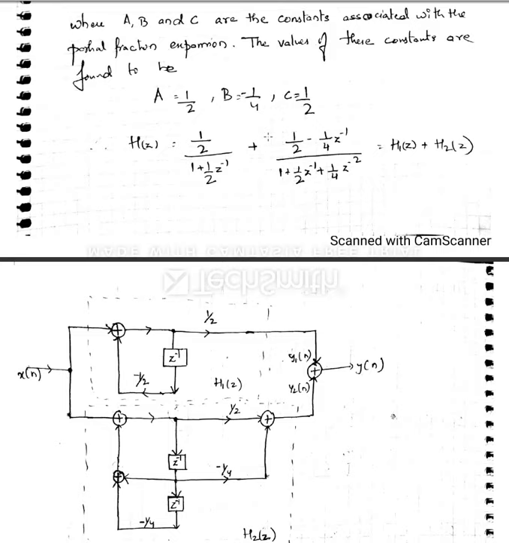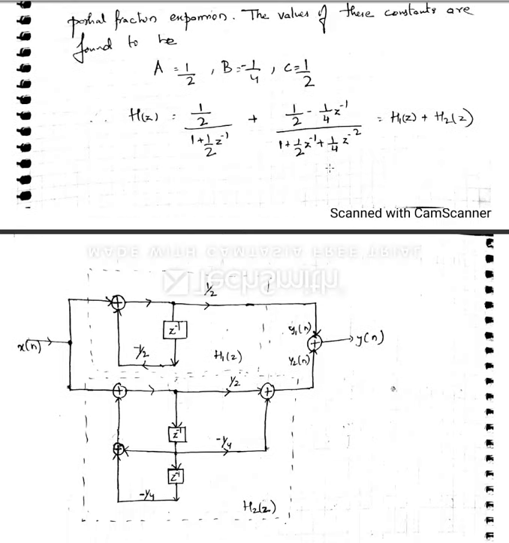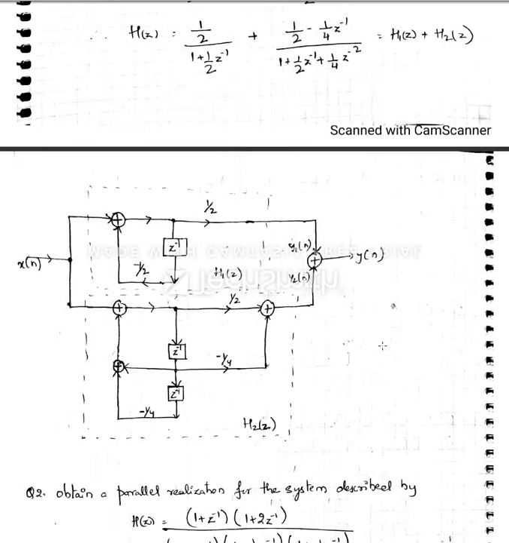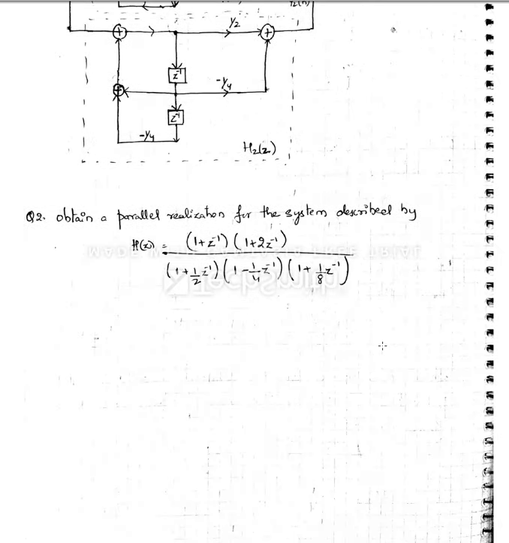Similarly here the first one is 1 by 2, and your coefficient for b is plus b not k according to the equations, right? So as it is, it is minus 1 by 4 here after 1 delay element. You have all of this added together as y1 and y2. Finally, transfer function 1 and transfer function 2 give your end output. Clear? Okay, so you can try solving one problem based on this.